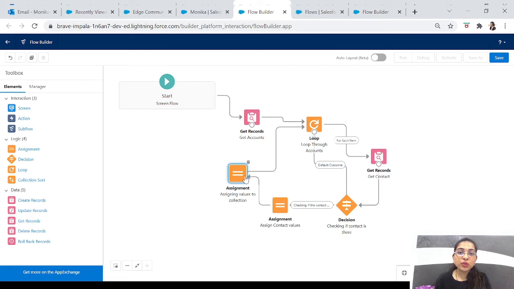So we don't want to add any contact to it. It will just skip the account and it will go to the next account. It will search if it has any contact. Loop thing will happen all over again. Okay, but now what we have to do, we have all our assignment variables here. So collection variable, now we have multiple contacts.